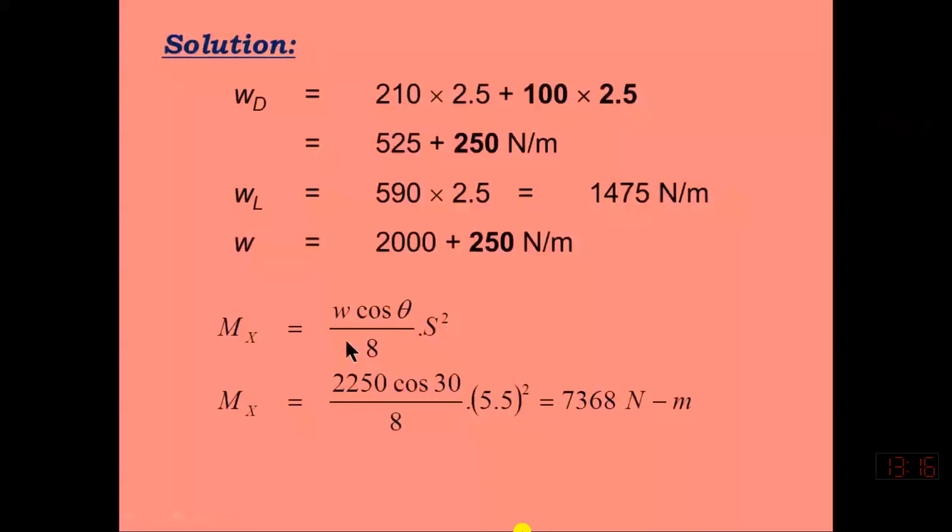So if we are computing the moment about the x-axis, we need to consider the total load, including the self weight plus superimposed dead and live load, which is 2250. We have to add up. And why are we using cos 30? Because the applied load is inclined, but it is not parallel to the web or x-axis of our section. Just like